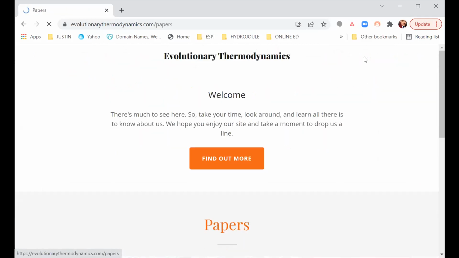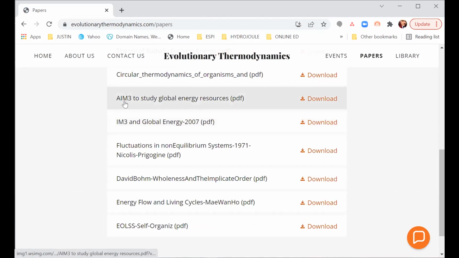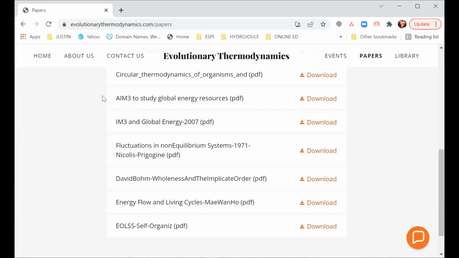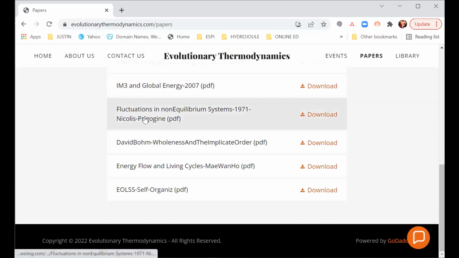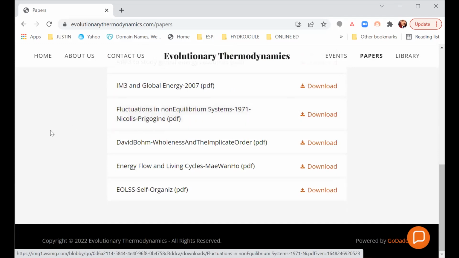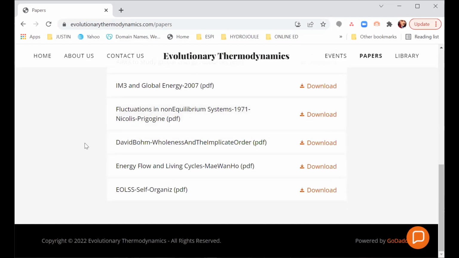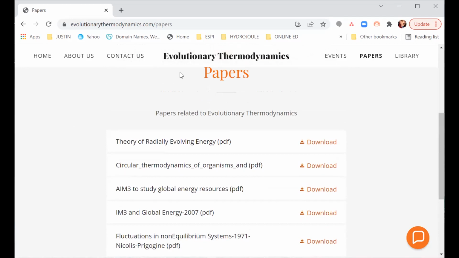Oh, and these papers are quite interesting, by the way. Particularly, I recommend to you the ones that are AIM3, and IM3, two papers I gave in Amsterdam in 2007, 2009, a little bit merging this topic with issues of human dimensions of global environmental change. But the real meat would be in this paper by Nicholas and Prigogine. Prigogine really being the major scientist in non-equilibrium thermodynamics. So that's a meaty paper. This one by Bohm would be fascinating. All of these are good papers, and I'll be adding to this list as I bring other literature in.